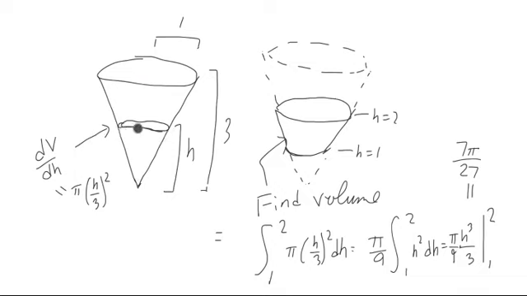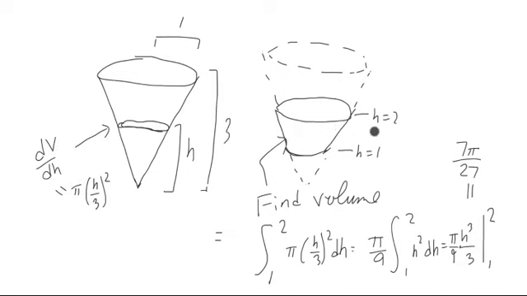So the cross-sectional area is just pi times the radius here squared. The radius is just 1/3 of the height, as we can see from the bigger shaped cone. So we have pi times quantity h over 3 squared, and that's the derivative of the volume with respect to h. Now, using this rate of change, we can compute the volume of this little piece right here of the